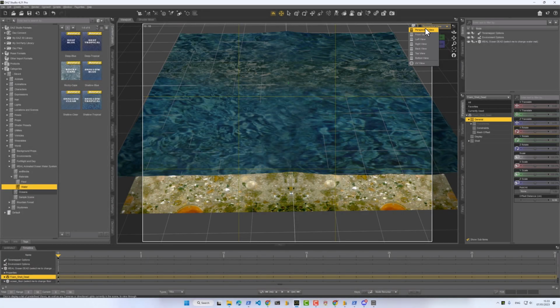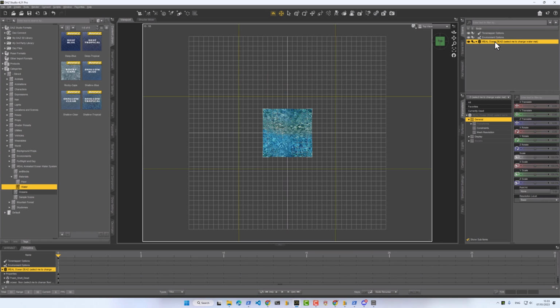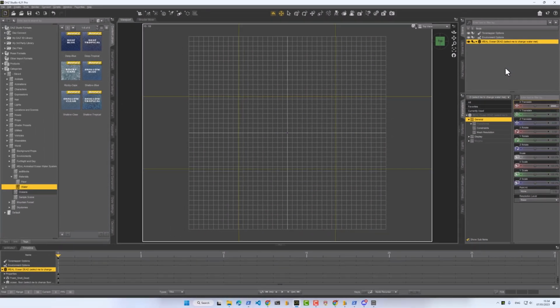For setting up the water tile grid, I'm going to switch to top view. This provides a good overview for what we're about to do next. The first thing I'm going to do may sound a bit counterintuitive, but stay with me. I'm going to take the tile we just created, the master tile if you will, and move it out of the way. That's right. Away with it. I'll move it 200,000 centimeters to the side, that should do fine for now.